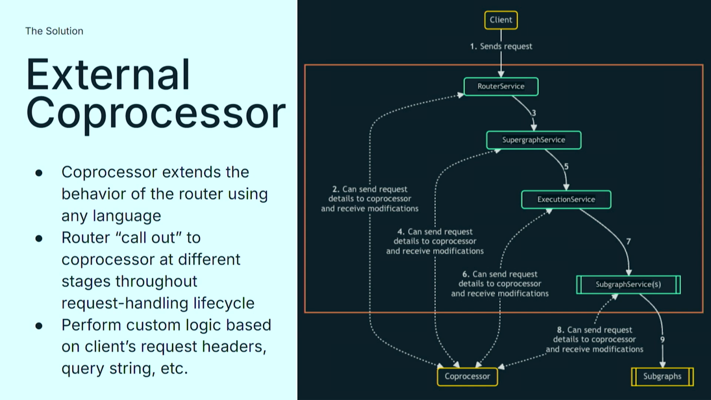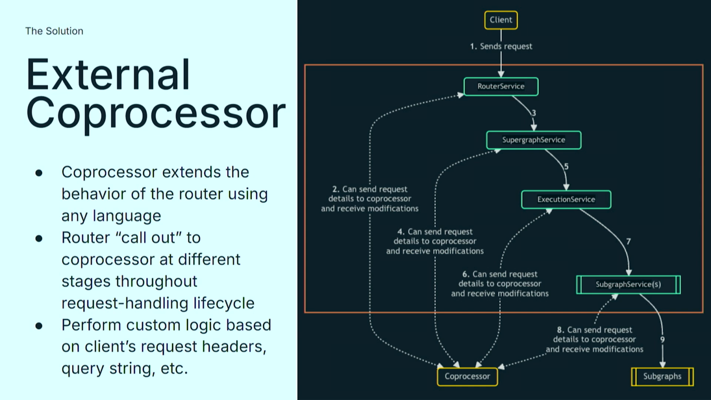As you see in this diagram, whenever a router receives a request, at any stage of the request handling lifecycle, it can send an HTTP POST message to the coprocessor, and the coprocessor can implement any custom logic as per our requirement and send back the response to the same stage. In our enterprise, we have implemented the coprocessor using Node.js, and we are operating it at the supergraph level. Here, the client is sending a query to our router service, and at the router service level we are calling the